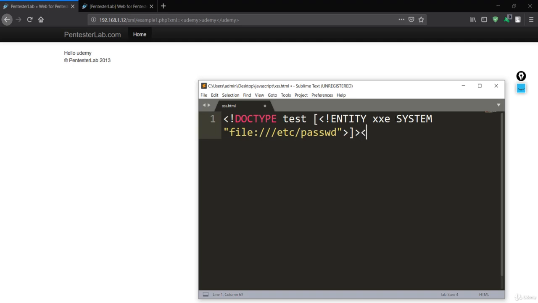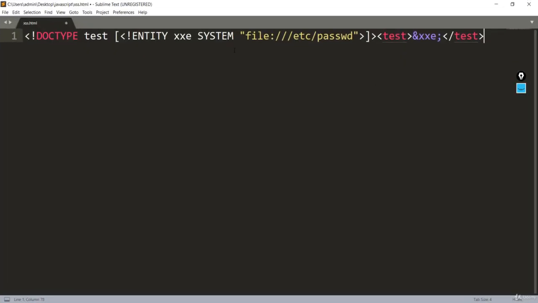So let me simply make something like test. I want to inject this content of passwd into the XXE file. So I have stored it over here, and let me close this first, and after that close my test. So you can see we have completed our payload.